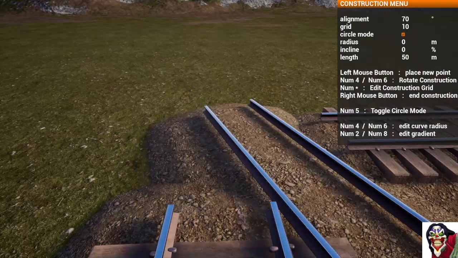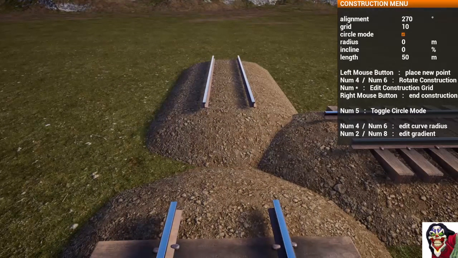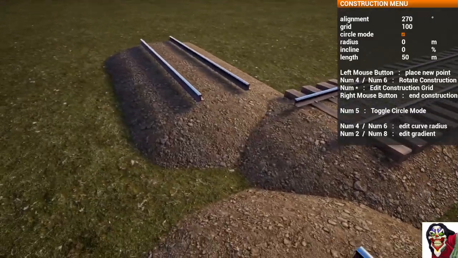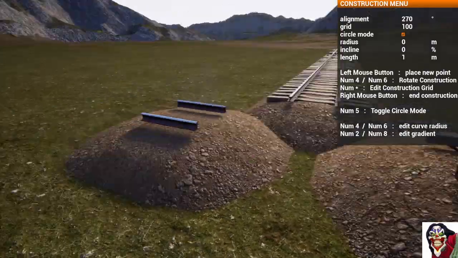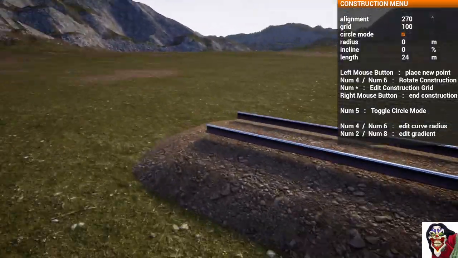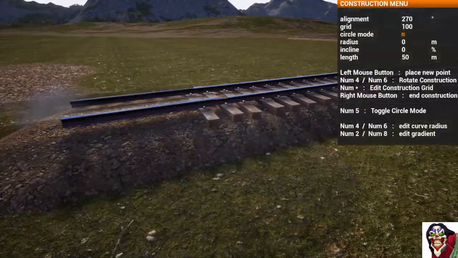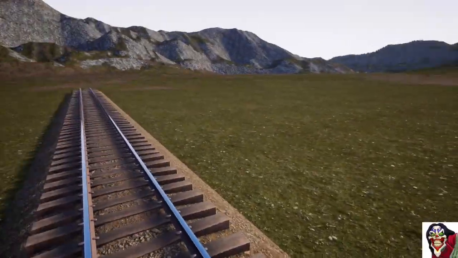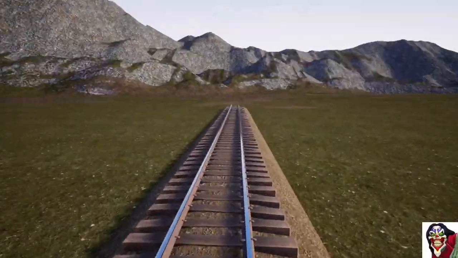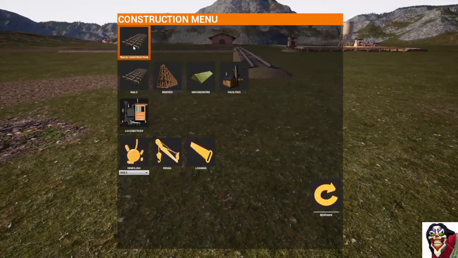To 10, spin it round to 180, which is 270 degrees, and we need to snap it again to the 100 grid, which should put us there, and pull it out to 35. Okay, now what these three pieces do is they measure out our distances for where we need to place the switches. So now we can grab our switches,